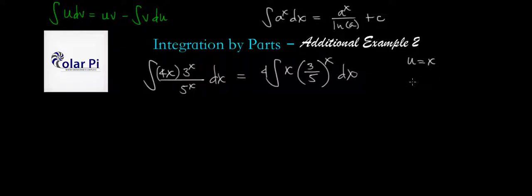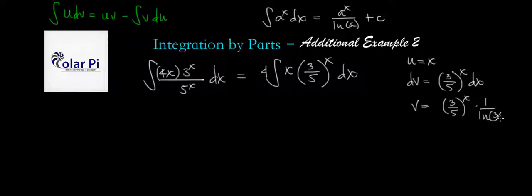So dv is next. We need a u and a dv inside our integral. We picked u as this x, and so dv then has to be the rest of it, which is 3 over 5 to the x power dx. Then v will require that we use this result here. So v is going to be 3 over 5 to the x power, times 1 over the natural log of